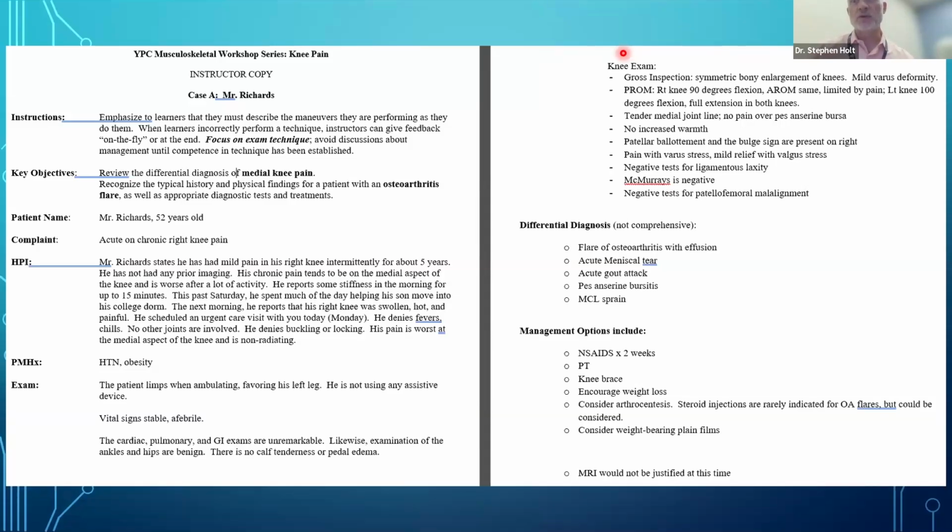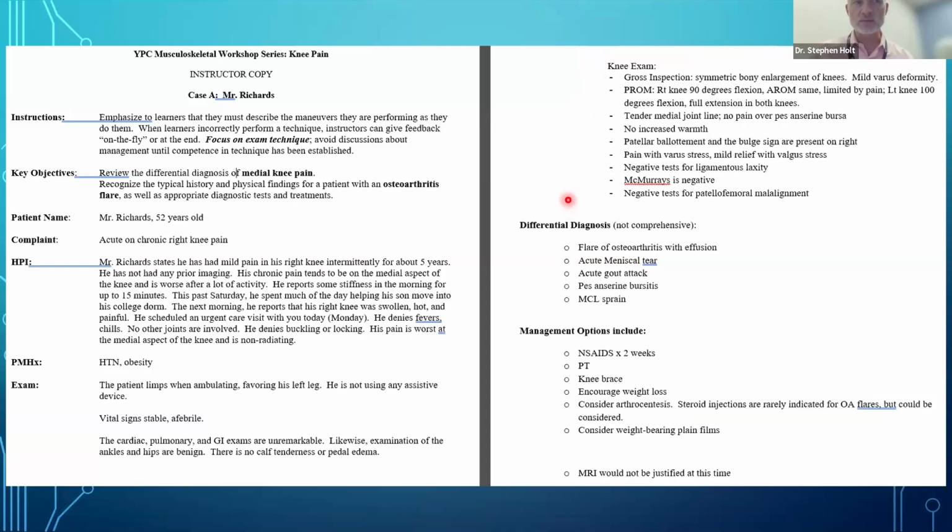So basically, if the examiner watches the learner correctly perform patellar ballottement, let's say on the knee, then the examiner just says, you find that the knee is ballottable, it's warm, and if they performed a bulge sign, you could describe that they do have a bulge sign. We did not go to the length of injecting normal saline into somebody's intra-articular space in their knee, though perhaps some more creative people would be willing to do that. But this seemed to work very well.